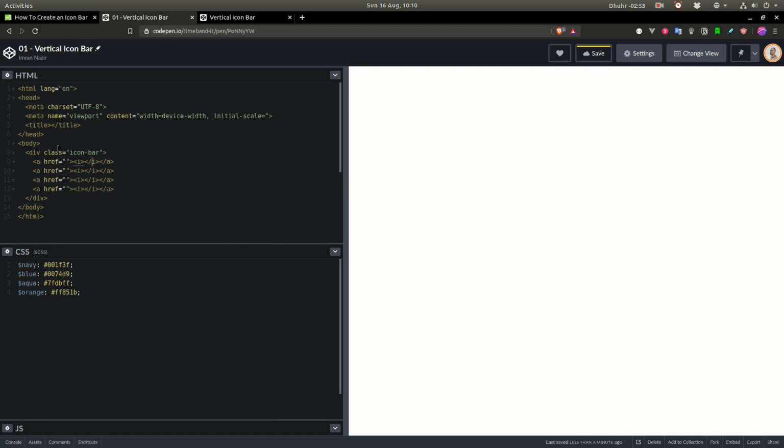Okay, so let's give them all an href link of hash so it doesn't go anywhere. We'll give this one a class of active, and then we can populate the actual icons, which would be